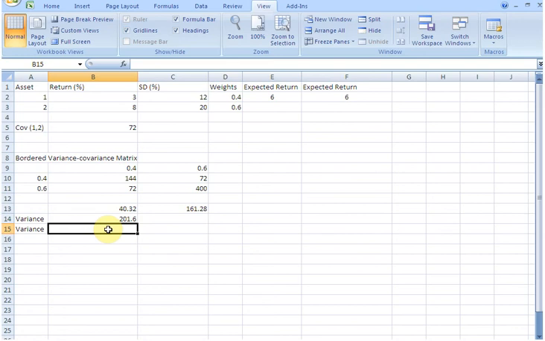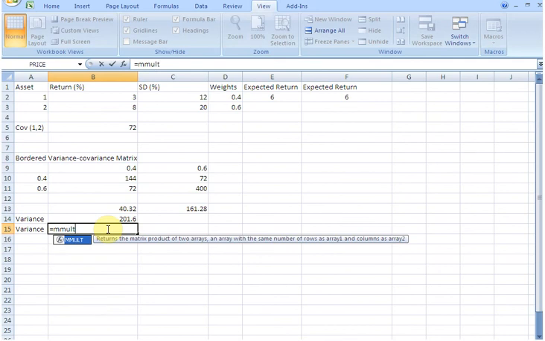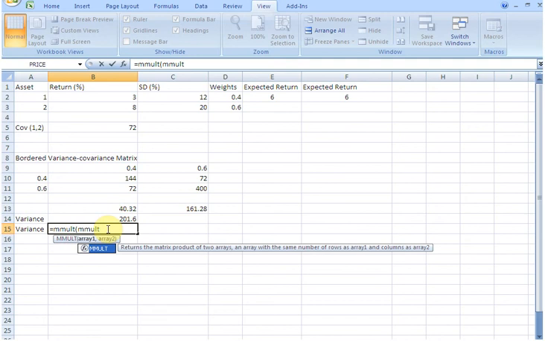So we are going to have to use the mmult function twice. Let us do it. mmult. Inside we are going to write the first product, the product between the transpose of W and the variance covariance matrix. So let's write mmult again,